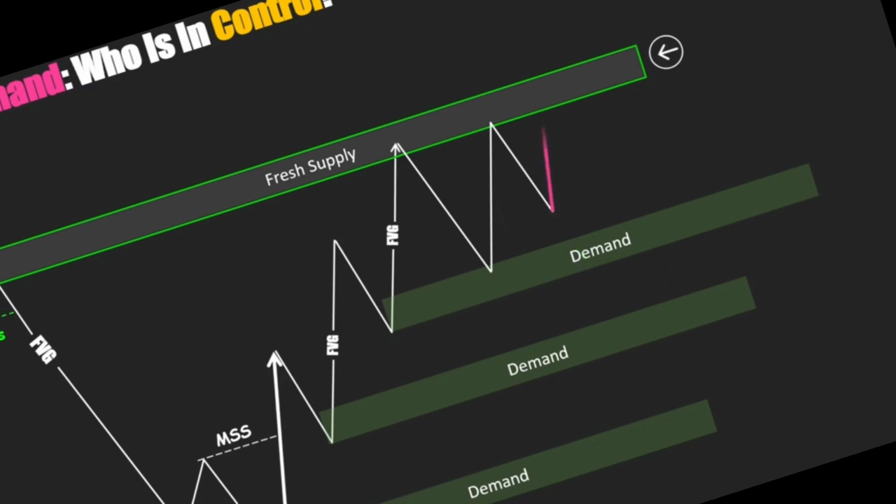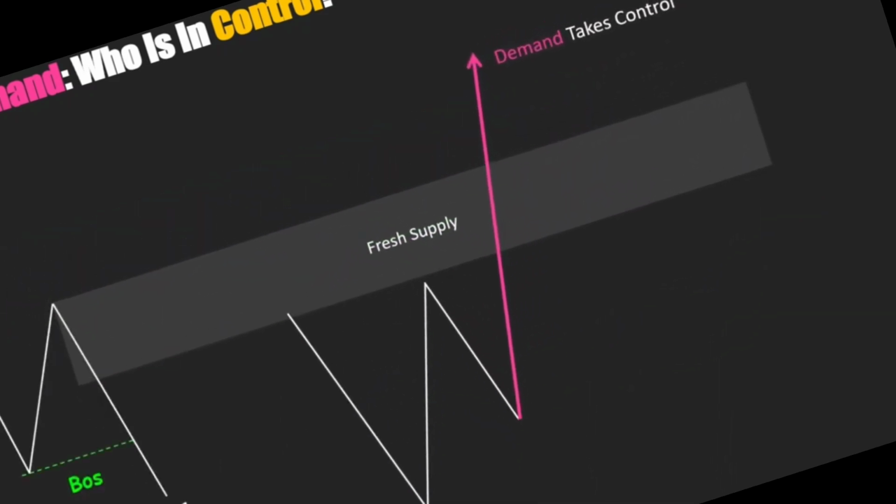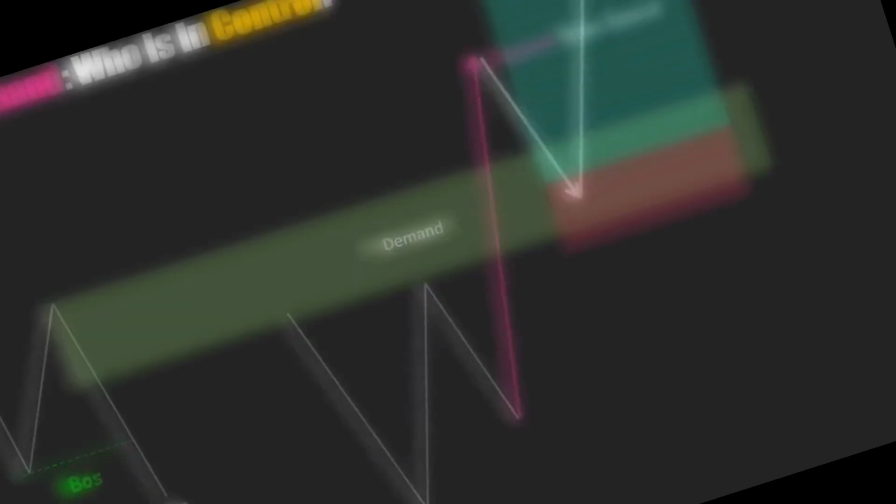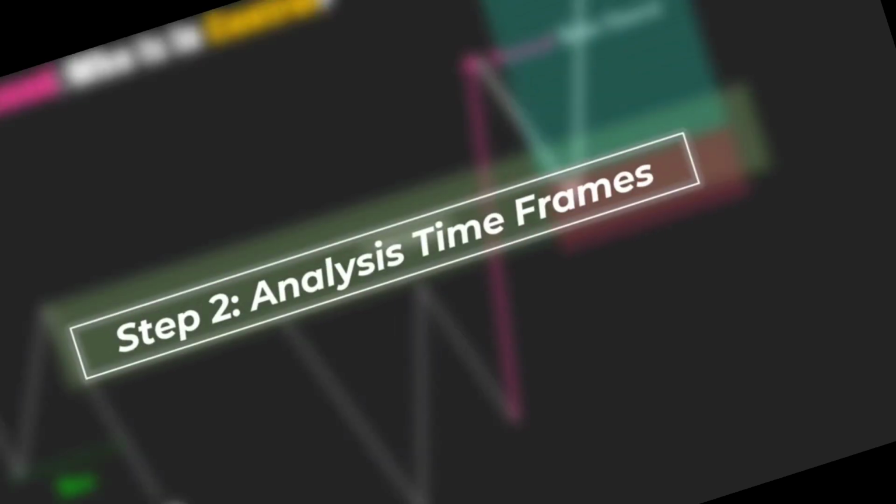On the other hand, if the price breaks the supply zone to the upside, it indicates demand is in control, shifting the zone from supply to demand and giving a great chance to go long. Now, let's circle back to our main topic. The next step after completing the higher time frame analysis